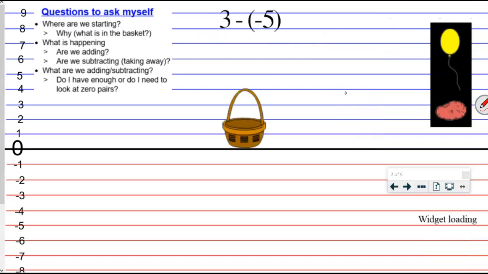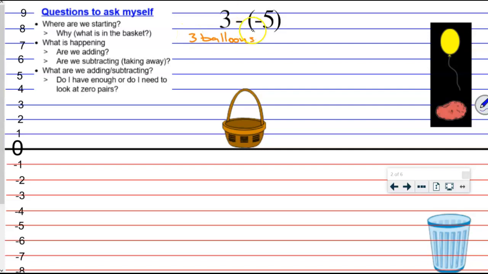Let's quickly review this problem. 3 minus a -5. Again, pausing the recording as students talk at their tables, and then we'll come back together to discuss. Ready, set, go. All right, coming back together, who can summarize what's happening in this one? Yeah, this is 3 balloons